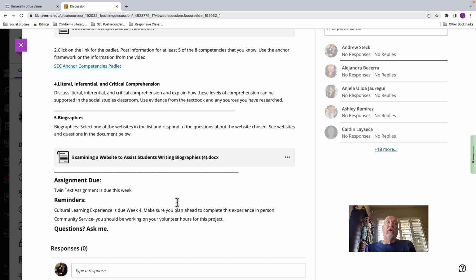Some reminders: your cultural learning experience is due week 4. If you have read ahead, you will know that you need to do this cultural learning experience in person. So you need to find another culture that you're going to experience in person. Maybe it's interviewing someone of a different culture. Maybe it is